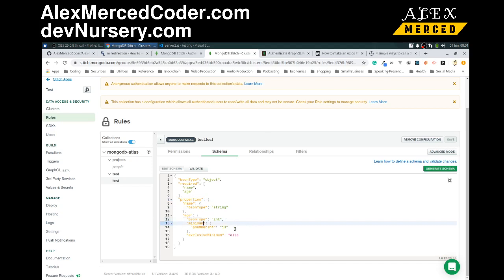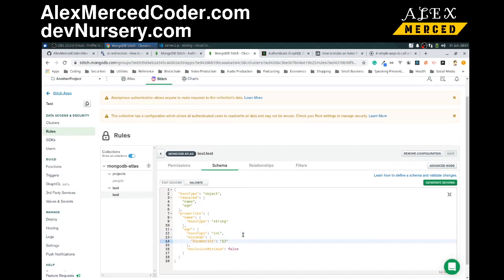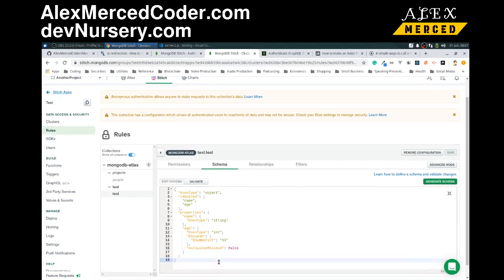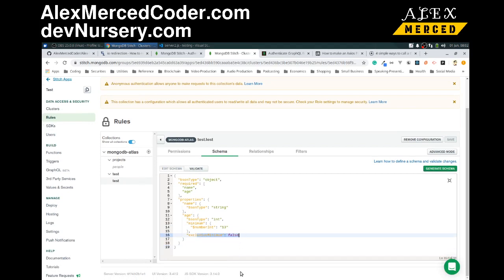Okay, and the minimum number is 13, which doesn't have to be. Actually, I don't really need that, but I'm not going to change it right now. And I don't remember what the exclusive minimum flag does. But yeah, you create this thing, and then you always keep an eye out over here,